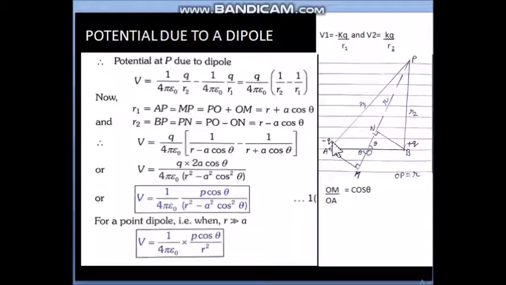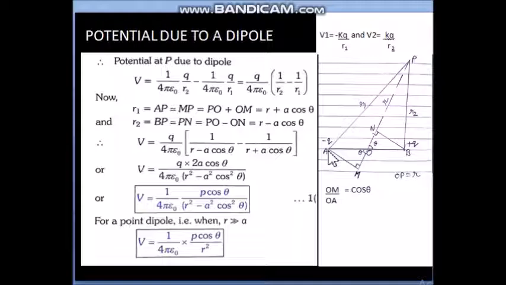But since we are now dealing with a scalar quantity, the sign of the charge will also be considered in the formula. Unlike the vector quantities we have used till now, like electric field and force, where we were not taking the sign of the charge in the formula because we were already using the directions, it is not the case with potential. Since potential is a scalar quantity, we don't have to take the direction, but we have to take the sign of the charge in the formulas. So let us start now.